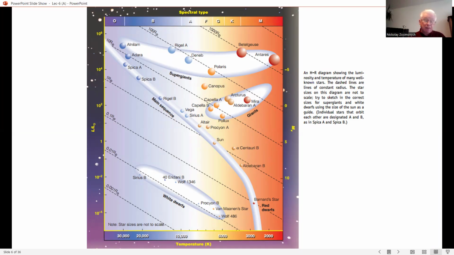radius. For example, locate the line labeled 1 R with the Sun symbol, a square with a dot in the middle, 1 solar radius, and notice that it passes through the point representing the Sun. Any star whose point is located along this line has a radius equal to that of the Sun. Next, look at the rest of the stars along the main sequence. They range from one-tenth the size of the Sun to about 10 times as large,